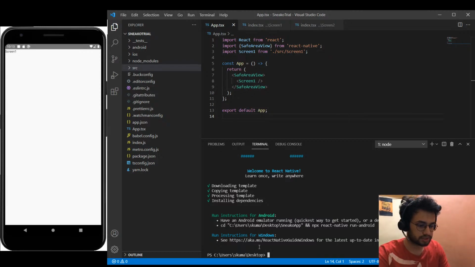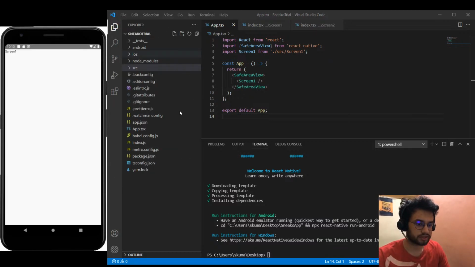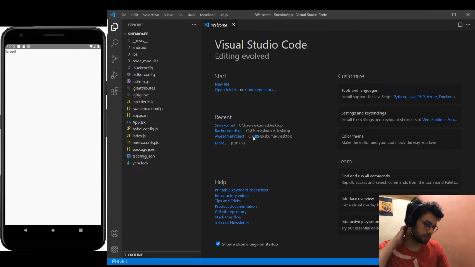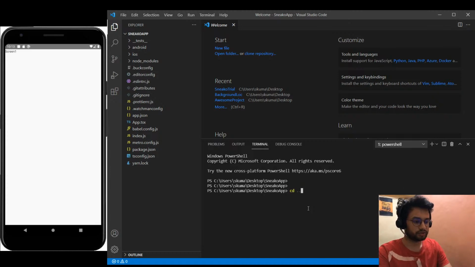So it's created. I'm just going to open this here itself. I'll go File, Open Folder, Sneeko app, select the folder. Okay, cool. So once I have opened this, you will need to do a command called npx react-native